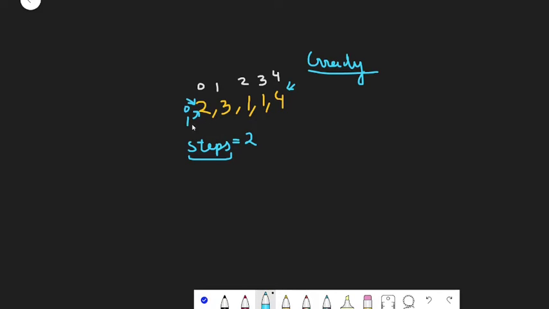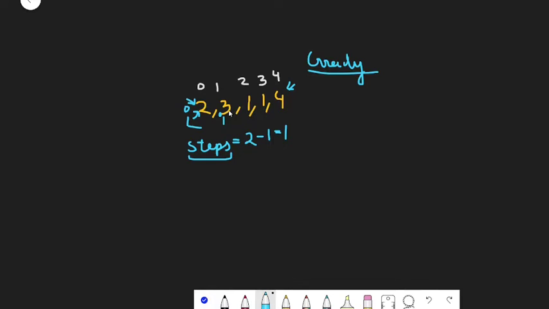Now we are going to increment this I to index 1, right? So currently our I is at index 1. Since we have moved from 0 to index 1, we need to decrease our steps, or the jumps, you can say, by 1, because we have moved from 0 to 1, and hence we need to decrease it by 1.